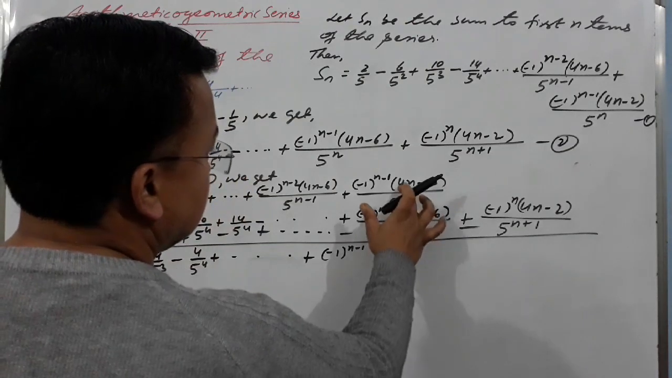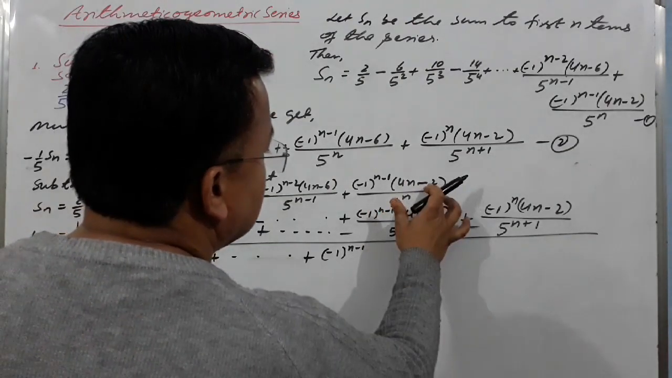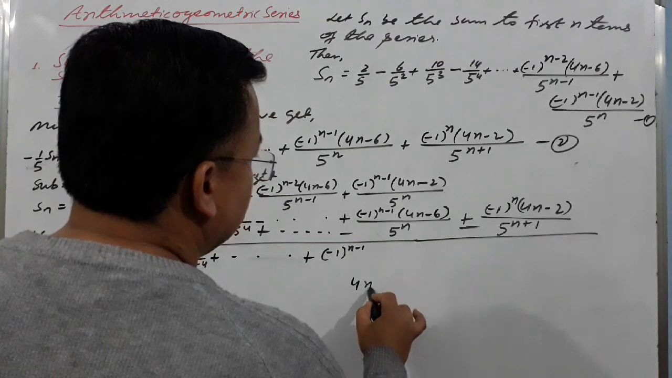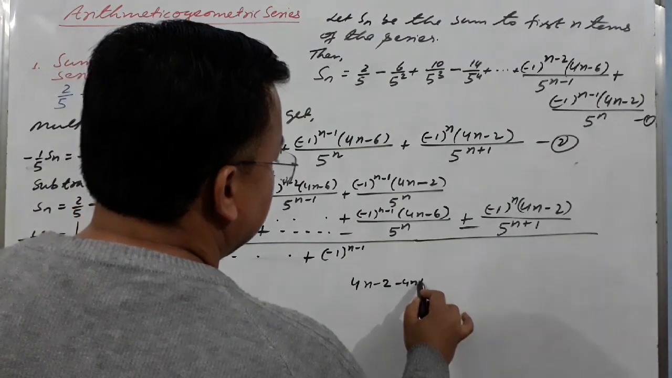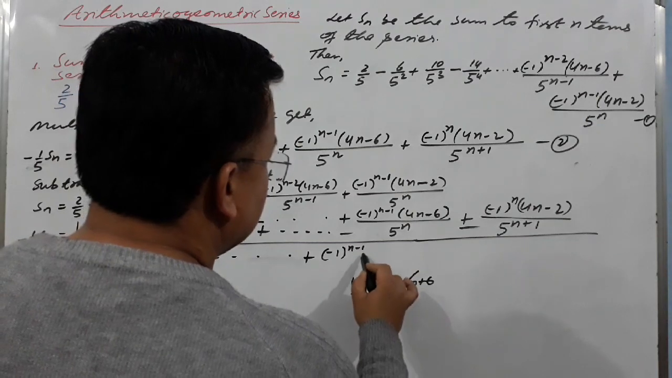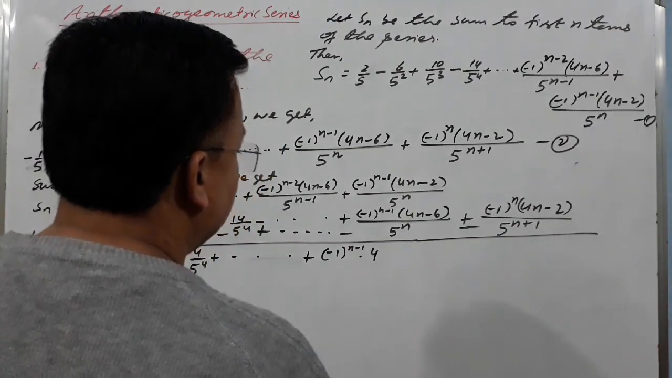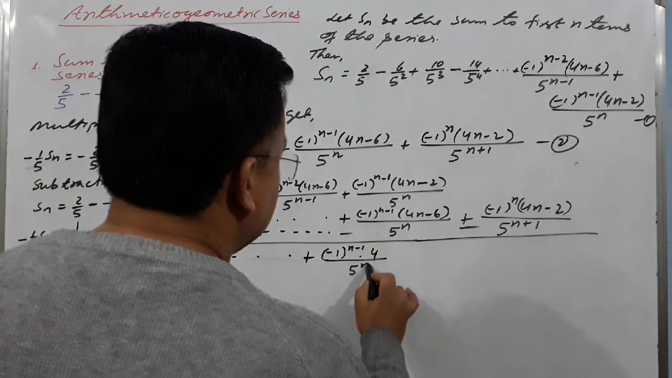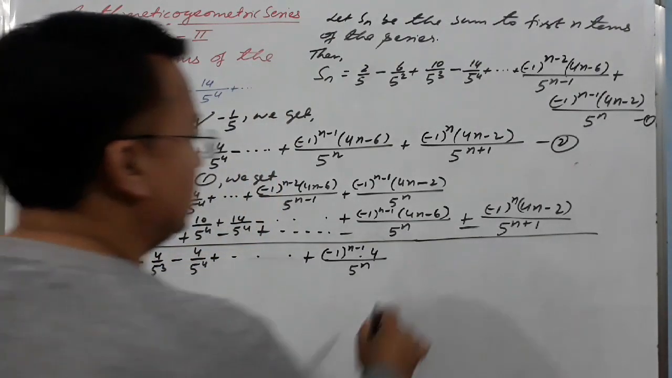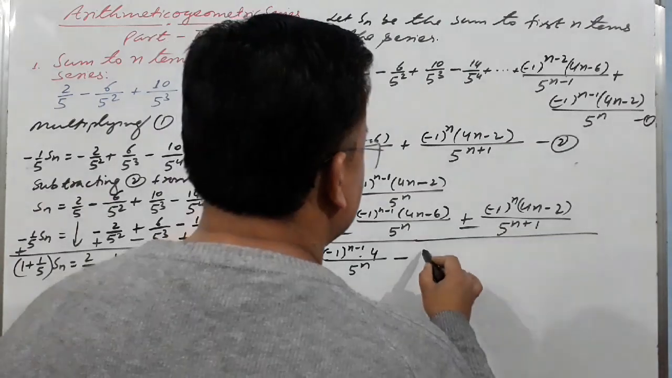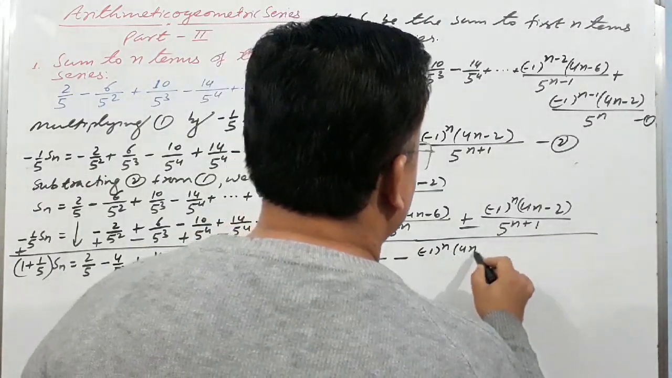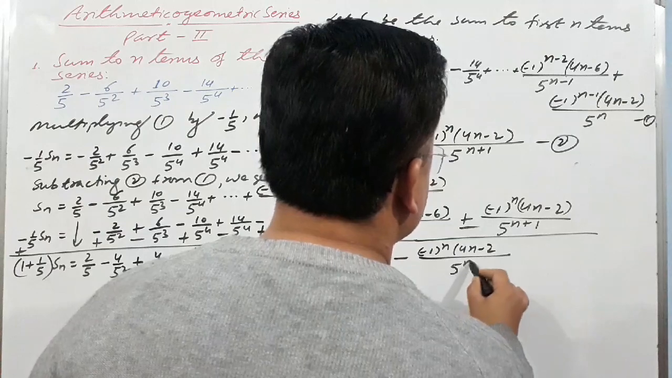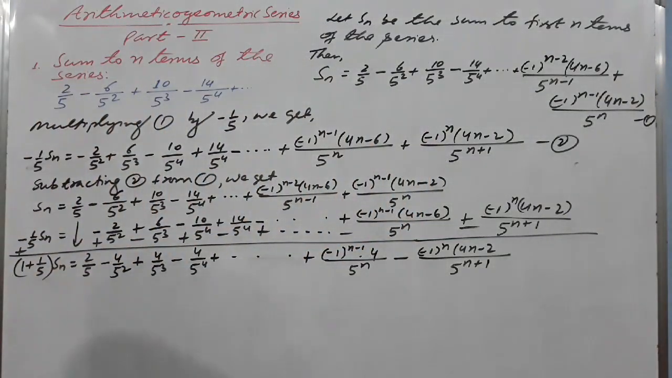Now see, we are going to subtract, okay, 4n minus 2. See, 4n minus 2 minus 4n plus 6. Cancel, 6 minus 4 times 4 over 5 raised to power n, plus, and here negative minus 1 raised to power n, 4n minus 2 over 5 raised to power n plus 1. No problem. Here we are going to get 6 over 5 Sn is equal to